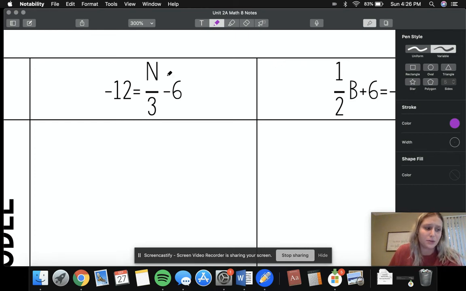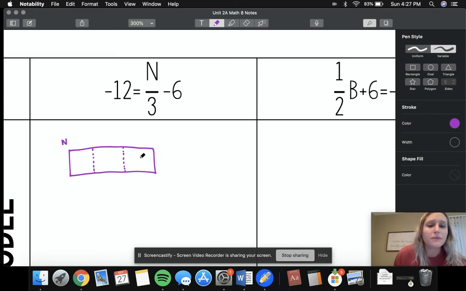So let's kind of just visualize what this means. Okay, so I'm going to say that this is n. Okay, but I need to cut it and divide it by 3. So here's n divided by 3. Okay. After we divide it by 3, they want us to subtract 6. Okay. So they want us to take one of these little sections and even take off 6 more. Okay. And then that little amount,